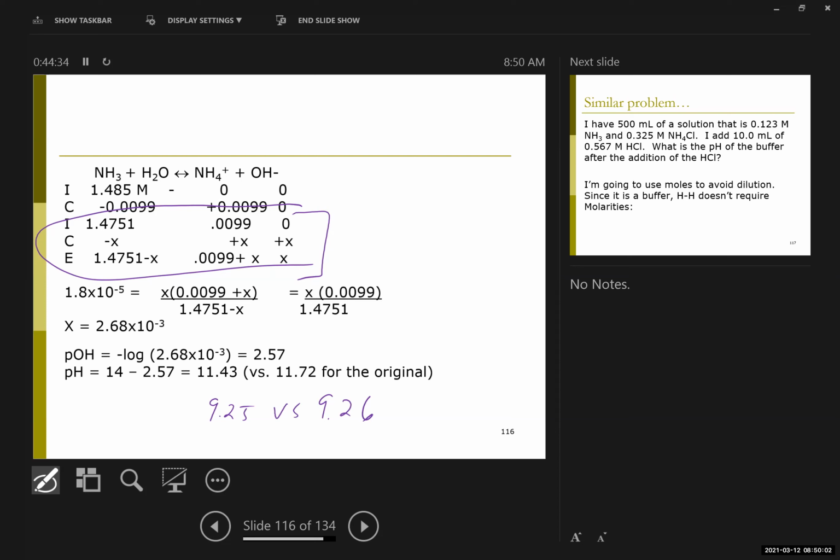I'm going to stop there so as not to go over. But for Monday, what you can see is the buffer does mitigate the changes in pH, but it doesn't stop them. And so it is not usually good enough, for reasons related to the question of good buffer, bad buffer, to simply say I have a buffer. And so buffers have what's termed a buffer capacity, which essentially defines how much acid or base they can eat, right? And that will be Monday's exciting